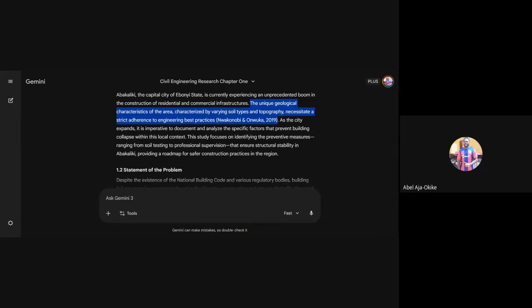Now, if I see this, there are many ways I can rewrite this. I can say something like, the authors, Nwakonobi and Onwuka, iterated in their reports that the specific geological features of Ebonyi State, characterized by different soil types and topography, has brought about the need for strict adherence to engineering practices.